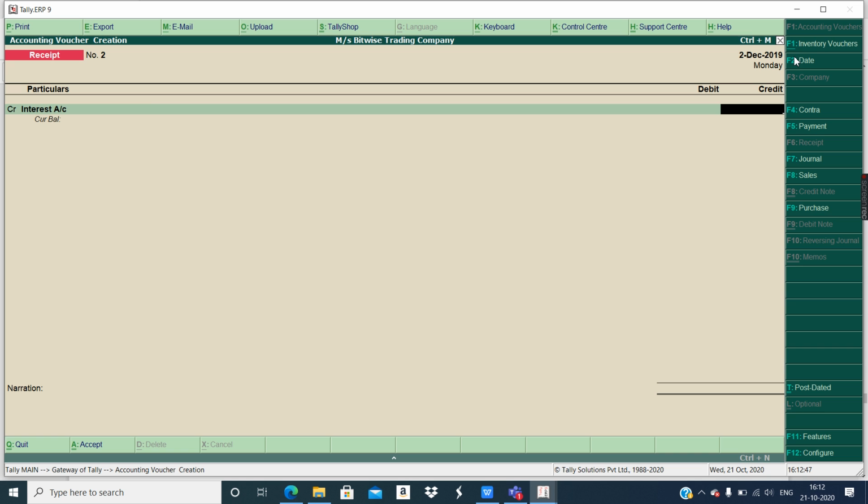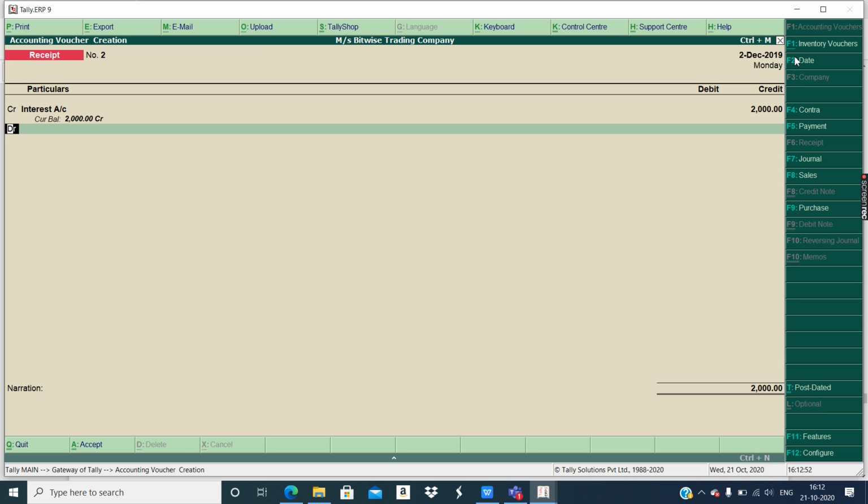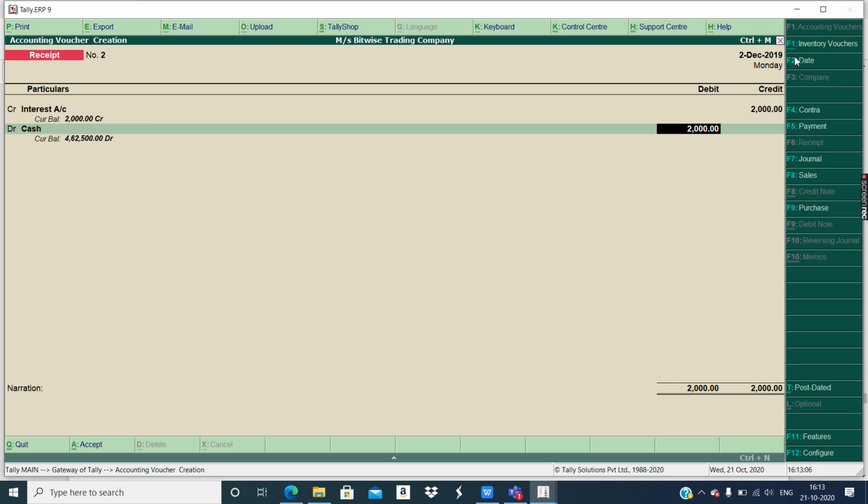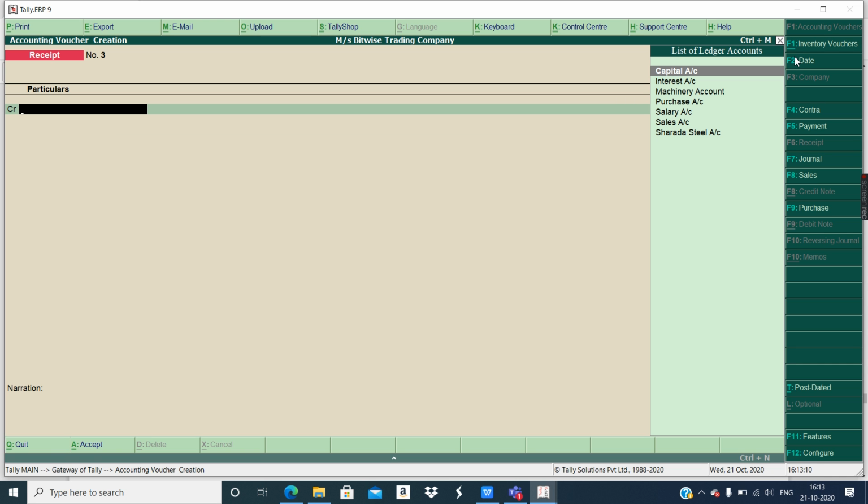How much interest did you get? 2000. Okay, and where the money was deposited in cash, so cash will get debit. Okay, cash account of the company. Okay, this transaction is also done. Control A, done. So all the 7 entries are done.